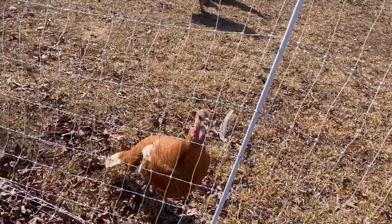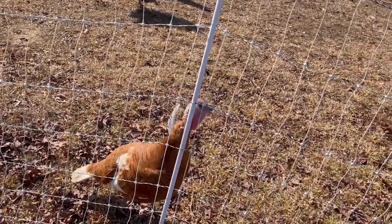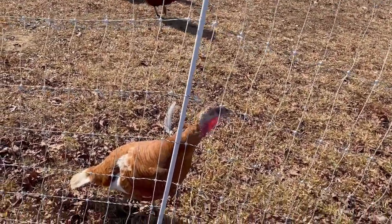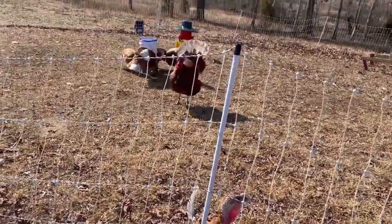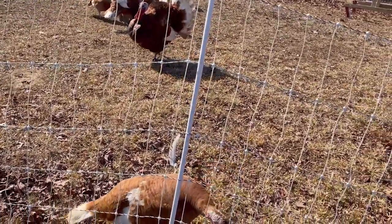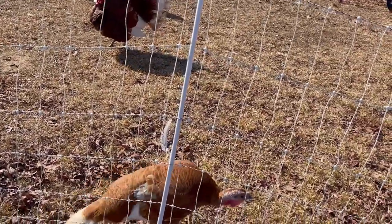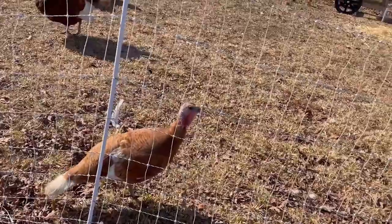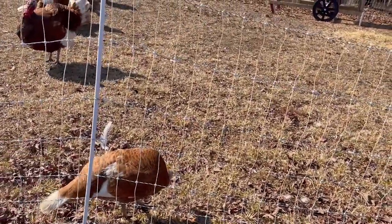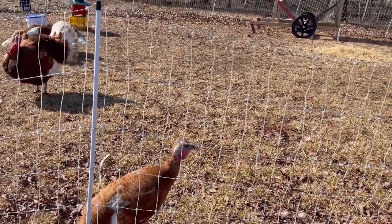Neither one of them was anywhere near the eggs when I found them, so they're not sitting on them. But I think, from my knowledge so far, I feel like they lay one every day for a week or 2 or something like that, and then once they have a clutch of eggs, then they sit on it. They did notice when I took them away, they were looking for them,